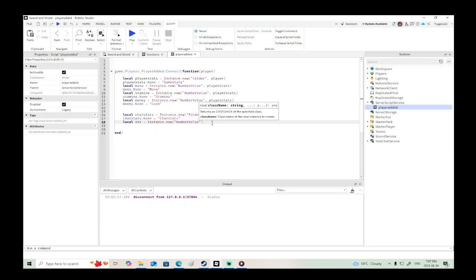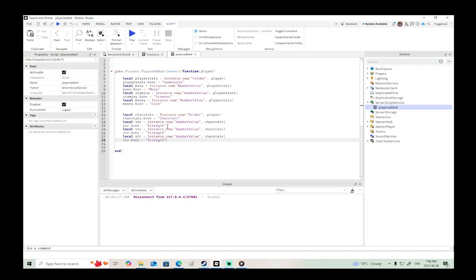And these are all just their number values, right? And this is going to be inside character stats. And then we're going to say str.name equals strength. I know it's kind of backwards. In here it should be strength. Okay, so we'll just have a couple of stats. What do I want? Strength. Maybe we want endurance, which can determine our stamina and our health. And then maybe we want wisdom, and that can determine our mana. Hey, that works. Okay, so we have strength,